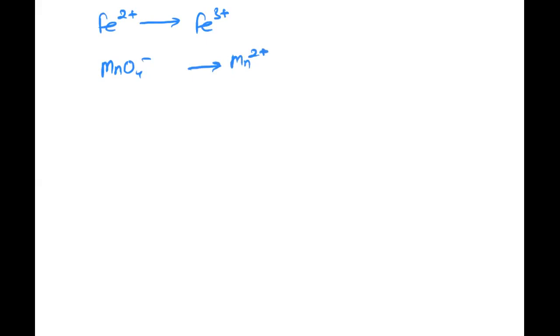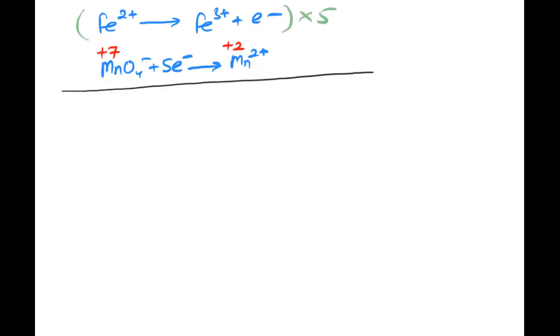If ferrous ion gets converted into ferric ion, it will lose 1 electron, and when permanganate ion converts into Mn2+, it will gain 5 electrons here. If you see, the oxidation number of manganese is +7, and it gets reduced from +7 to +2. So this reaction needs to be multiplied by 5